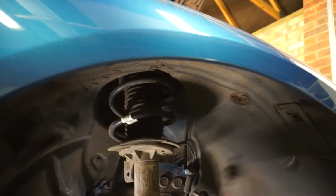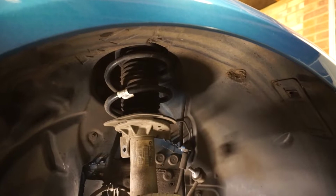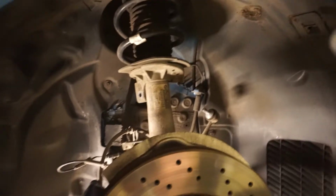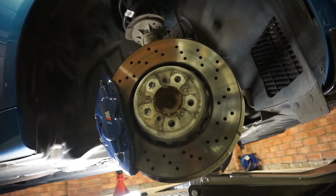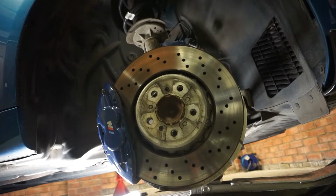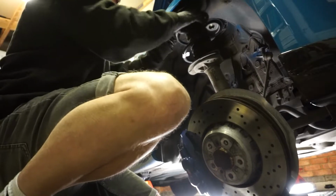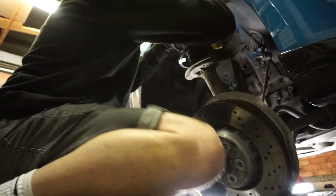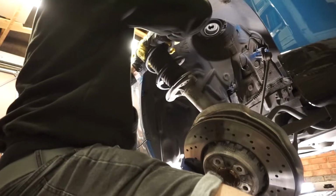Now we will get a dirty rag to put on top of the strut, and that's just to stop you scratching the crap out of your arch if the strut's not fully down. It will be tight, but it should be able to go once you've put the suspension back down to full droop. Okay, so you can see that the strut's fully free. Careful because it's bloody heavy. I'm going to put a rag over the top of this. Oh my god,